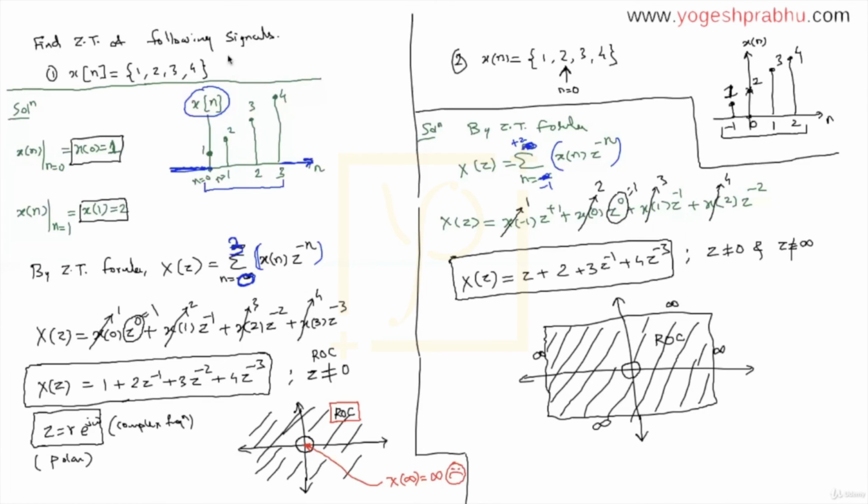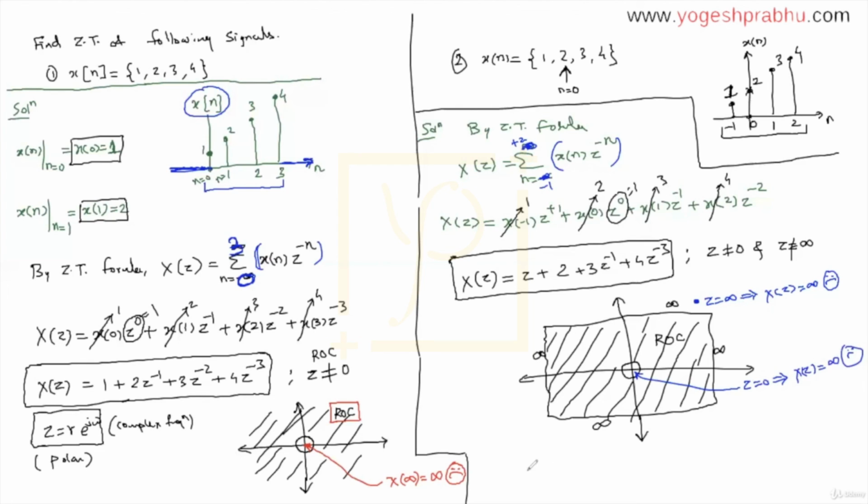So let me highlight this better, that this point here is z equal to infinity. And when you say z equal to infinity, that implies the value of x of z is not defined, and it's not a good thing. And also over here, when z becomes 0, you notice z inverse will become infinity. So we don't want z to be 0 as well. That also gives you x of z infinity, and that is also a bad thing.